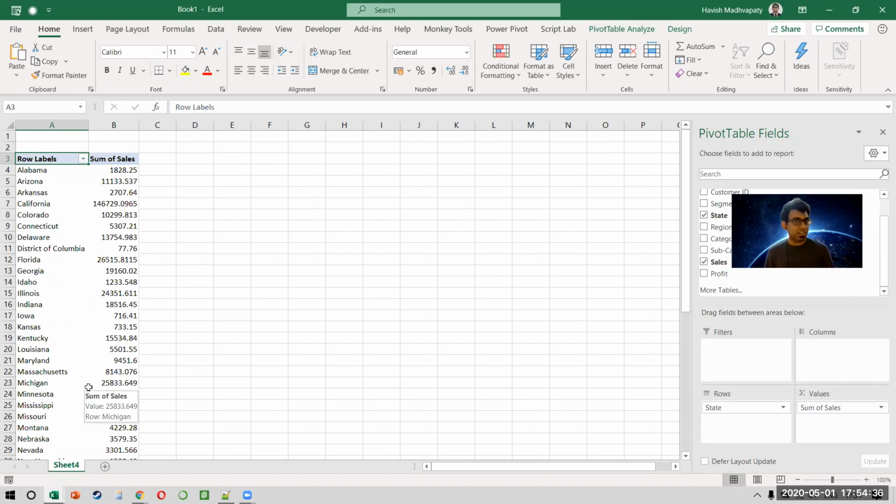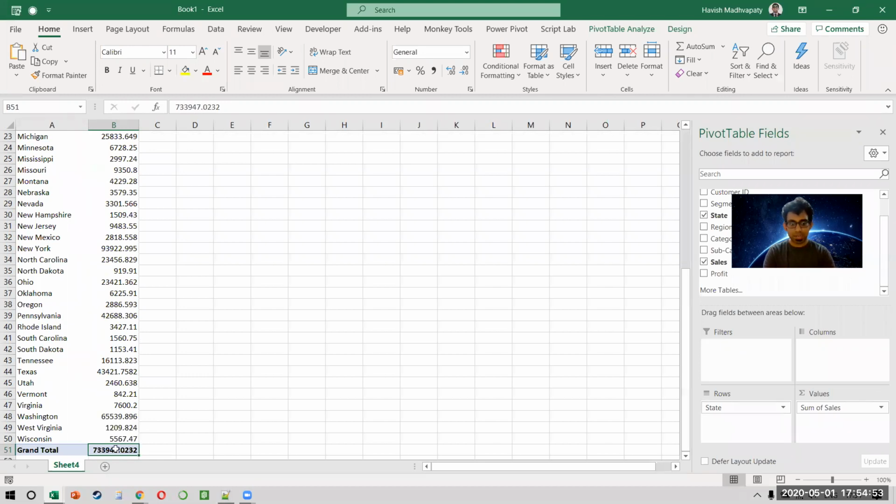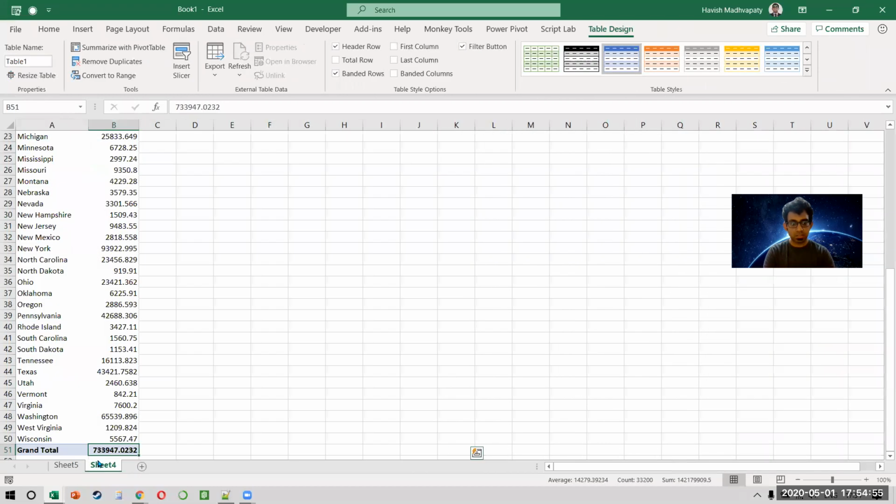Now, like it or hate it, unfortunately, this is how it works, but this is why I wanted to delete the original sheet, to prove to you that even if you delete the original sheet, the pivot will still work. Why? Because it is not referring to the original table at all. It is always referring to the pivot cache. Okay? So what I'll do is I just quickly get all my data back.